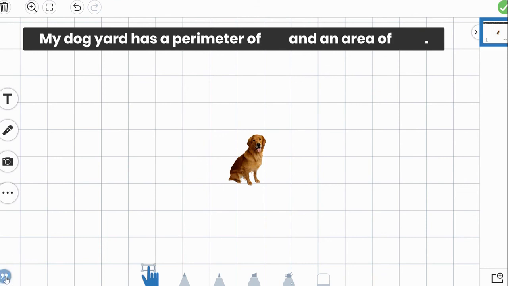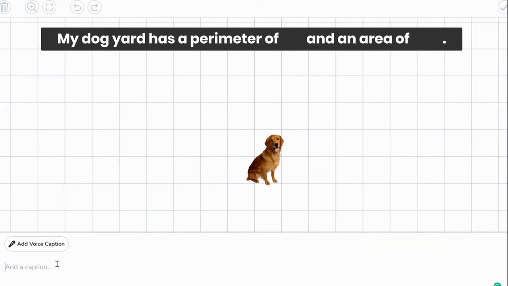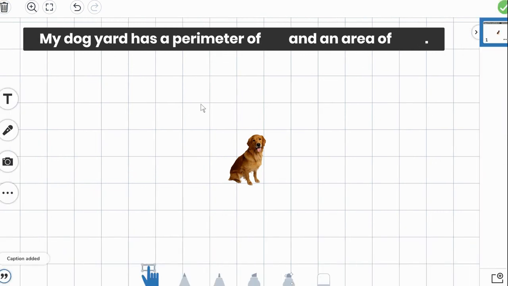Now you can add down here an example that just says, please make sure you leave plenty of room for your dog to run and play. And I could add my voice here. So basically this is what you're doing. Now, the one thing we haven't done yet are the instructions. So let me